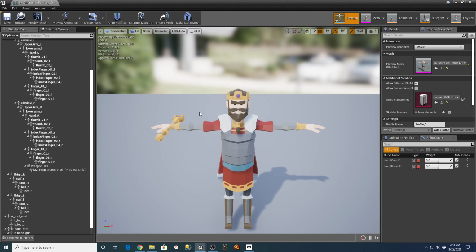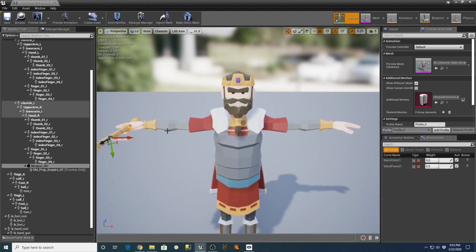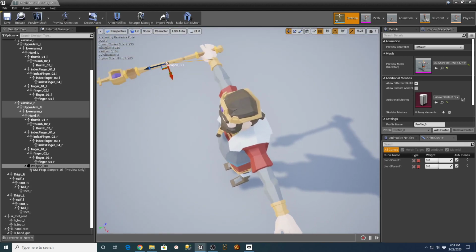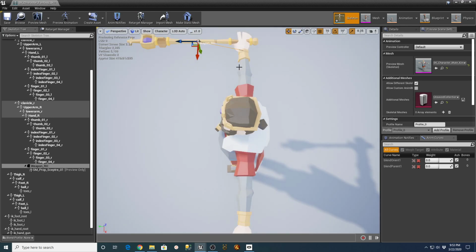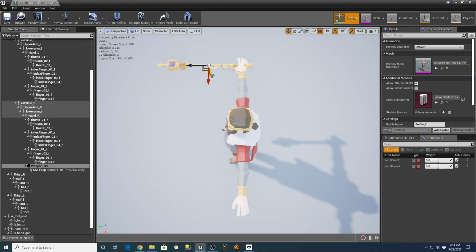And then you can just take the scepter, make sure you're on that, right? And now we can use our items here to rotate that around. And then you want to use your translation to move it out and move it up and kind of get it to where it's going to be in his hand. And I'm holding the Alt key to go up and zoom around this thing. So I'm going to take that and drag him down a little bit.